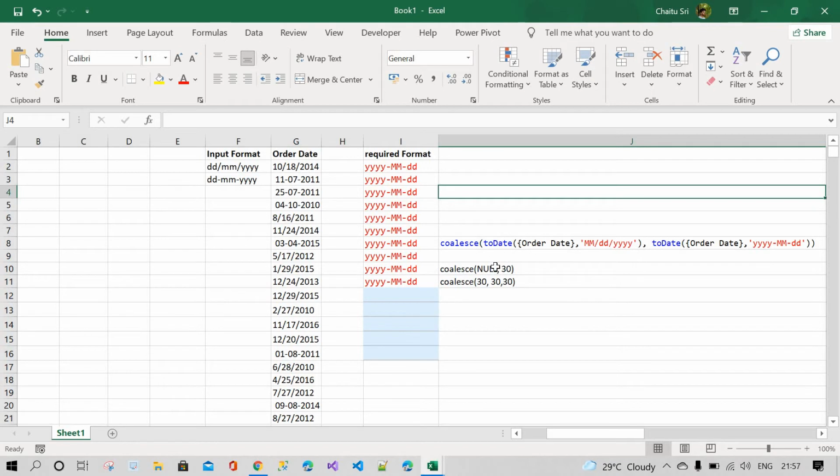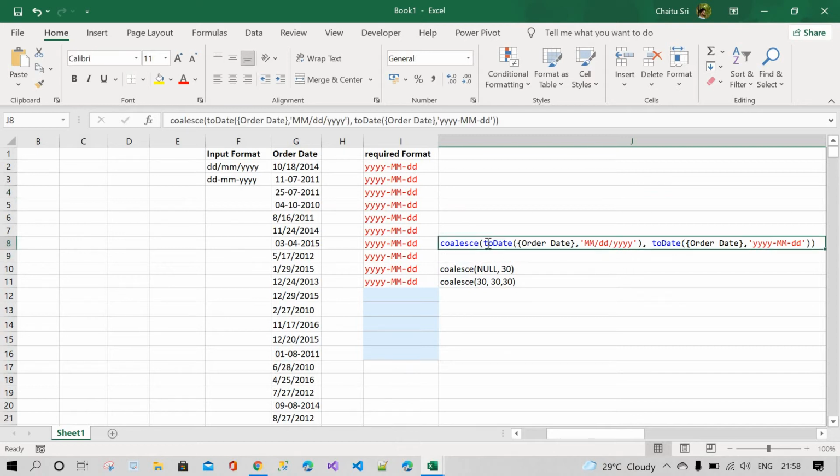First of all, we have to write the expression like toDate of orderDate, with the format month, date, year. What is the use of this expression?